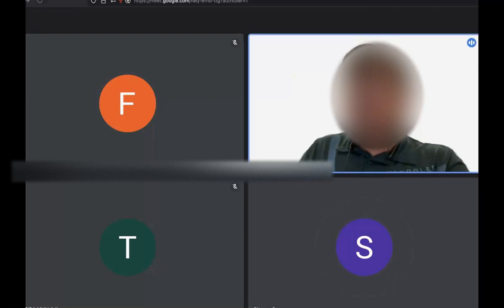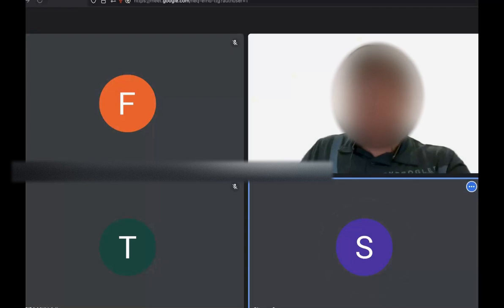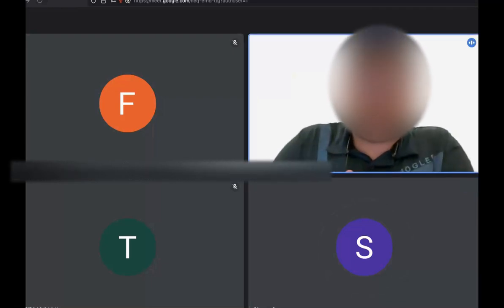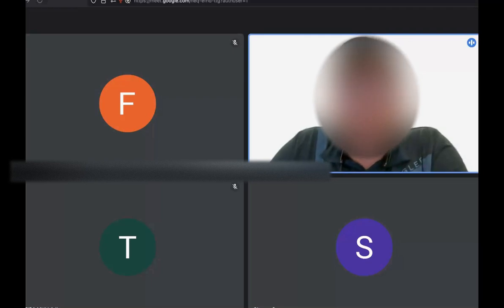Can you explain the concept of debouncing and throttling in JavaScript? Okay, can I explain with an example? Yeah. Okay. So for debouncing, if we talk about search operation, whenever we type in the search,